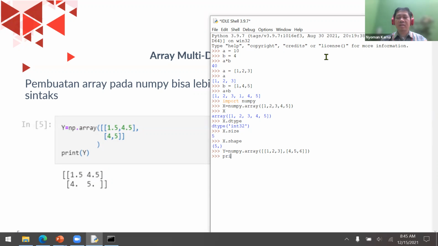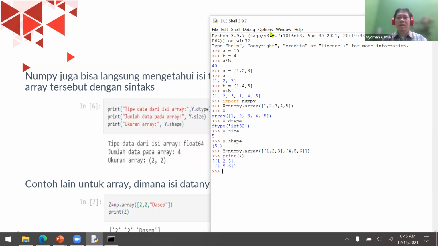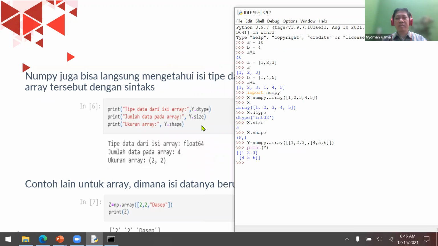Okay, now let's try to print y. It will be a two-dimensional matrix: 1, 2, 3, 4, 5, 6. Okay, and then you can use data type, size. What is the shape of this array? I can just use y dot shape.